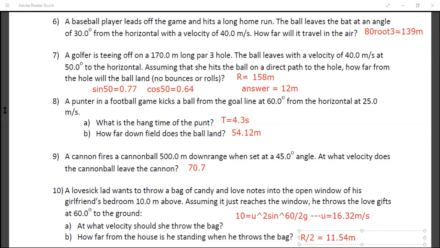Yeah, Shravan. Sir, so here we have to apply the formula that h equals u square sin square theta upon 2g. Correct. Sir, but then we get u as 20 root 2 upon root 3. Yeah. But after that, what should we do for how far from the house he is standing? So that is half the range, no? Because it is your complete projectile. Whenever we talk about a complete projectile like this, at the maximum height it is symmetric, na? So this distance and this distance will be the same. So the complete range.